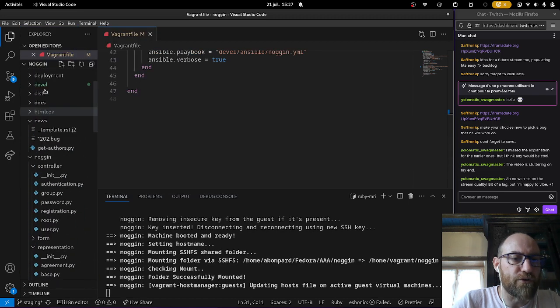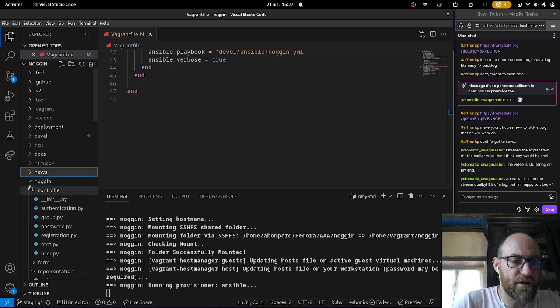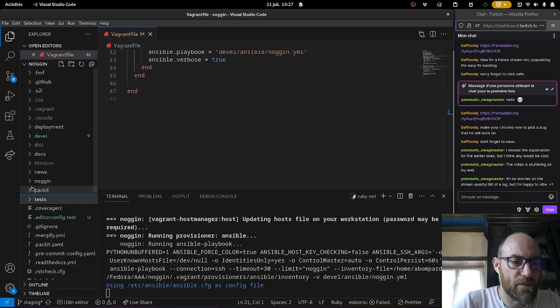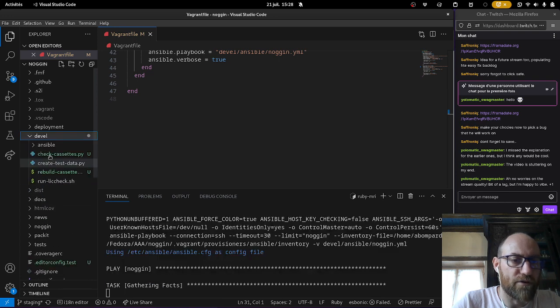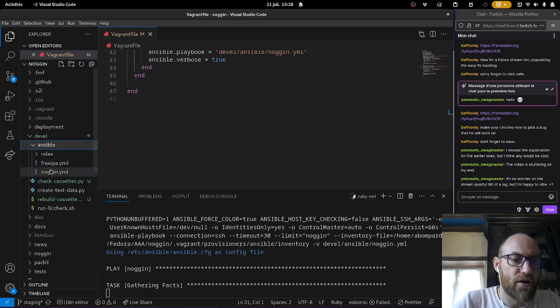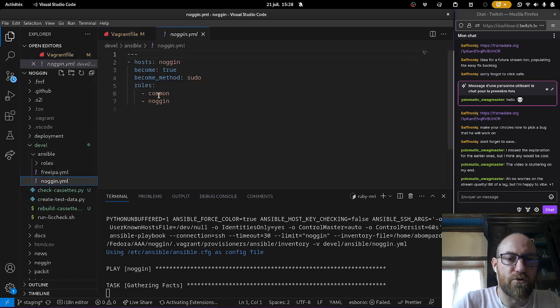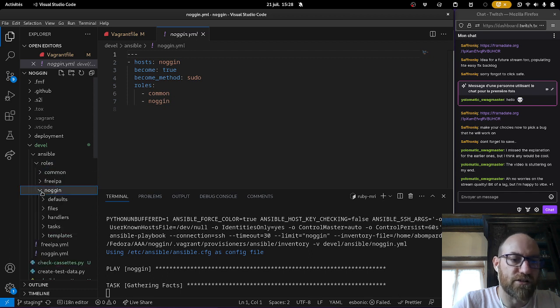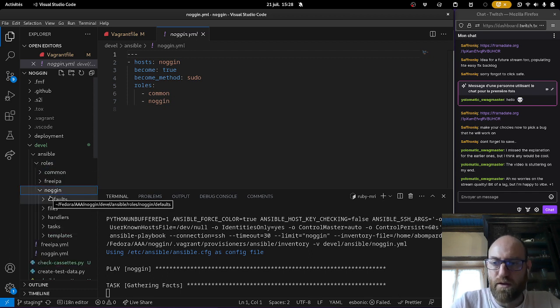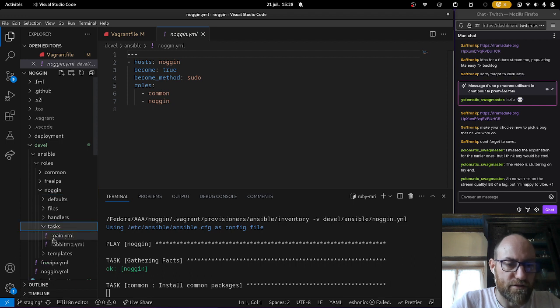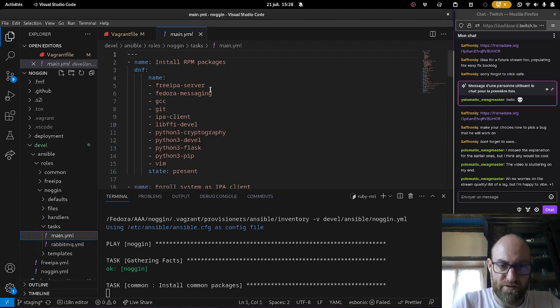We usually put everything into a devel directory, and it's here, and we have an Ansible subdirectory with the Noggin playbook, the basic Noggin playbook that just runs a common role and installs the Noggin role, and that is quite a lot of tasks actually.